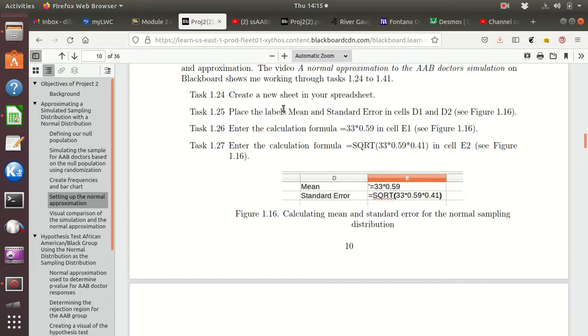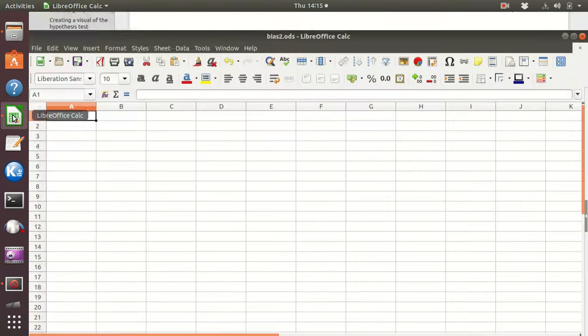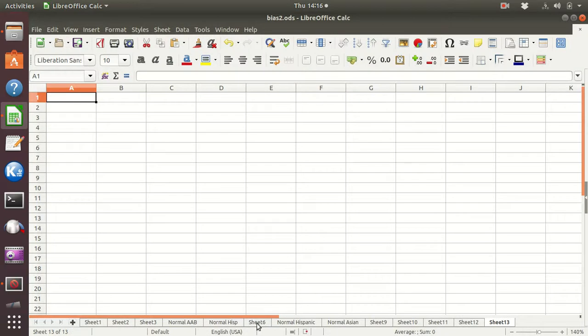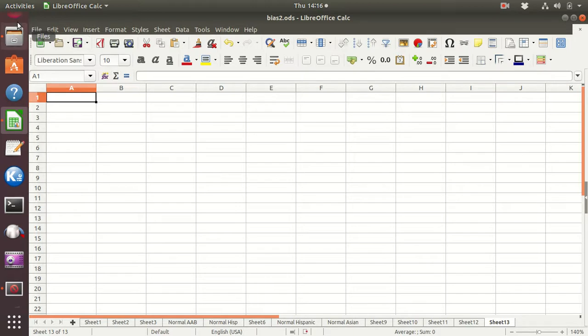So we create a new sheet in our spreadsheet. I did that. I simply went down. Now, if you look down here, I've got a ton of things. This is an old spreadsheet, but I just hit the plus. Typically, you've got that on a spreadsheet, and it opened up this new sheet. Okay,